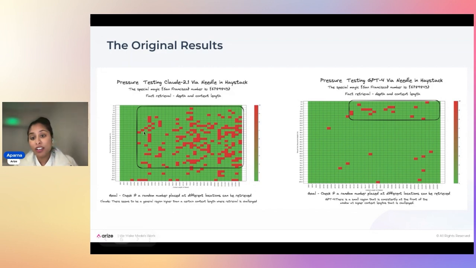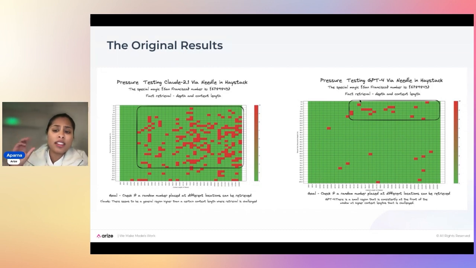You can see that as you increase the context length, and the further down it went inside the document itself, Claude had a really hard time retrieving that fact. Green is where it got it, red is where it didn't, versus GPT-4, which did generally well, even as you increase the context length.